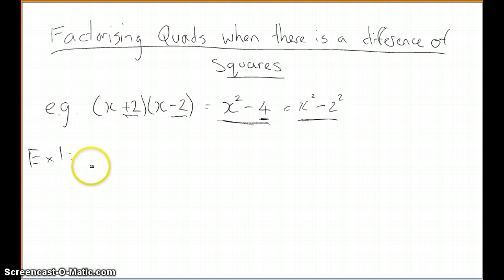So the questions will look much like this. Factorise x squared minus, and you think of a square number like... it's not a square number. 25 is a square number. Okay, and to factorise this,